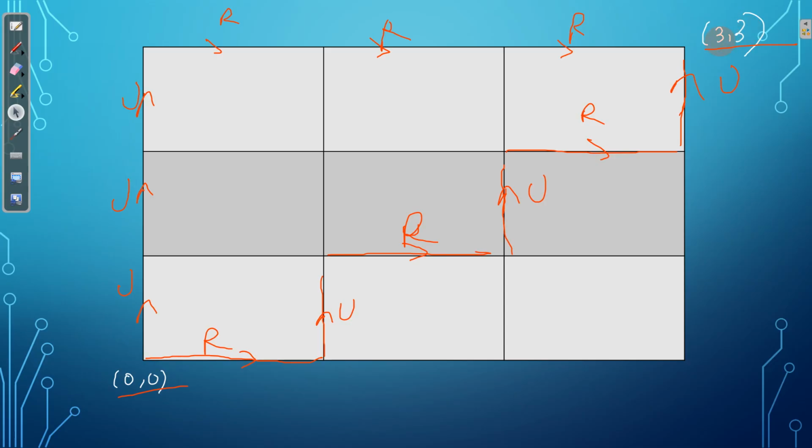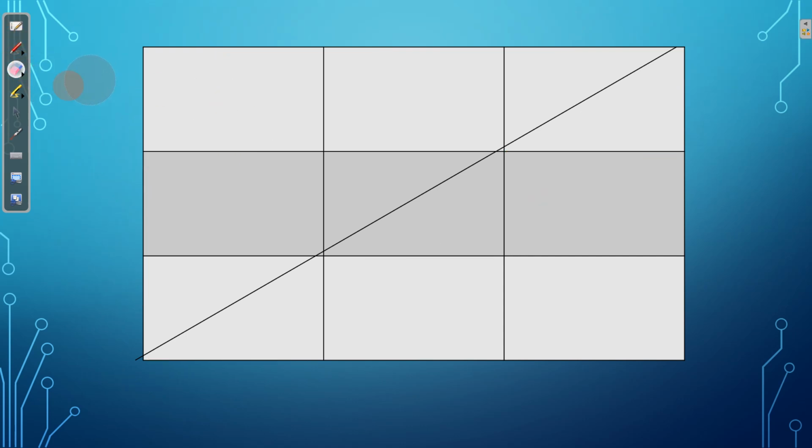Now we will impose a restriction on this situation. Now we have to find in how many ways you can reach from 0,0 to 3,3, but we cannot cross the diagonal.